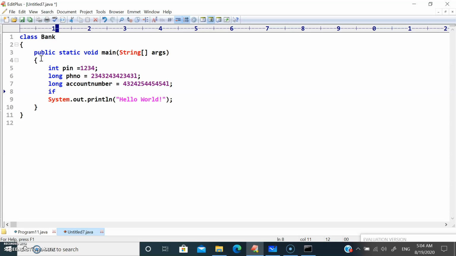So let me take if pin is equal to 1234 and operator, account number equal to the given number.